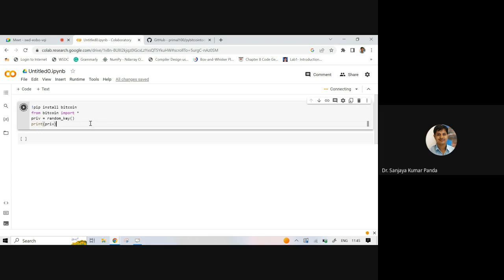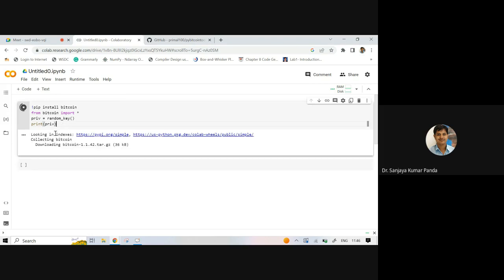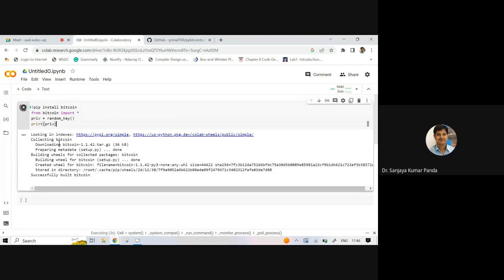Okay, so if you run it, then first time it will install this particular package, that is Bitcoin. Then it is imported. Then random key is generated and it is stored in priv, and we will print the private key. Right? You can see looking for indexes, downloading Bitcoin, successfully built Bitcoin,